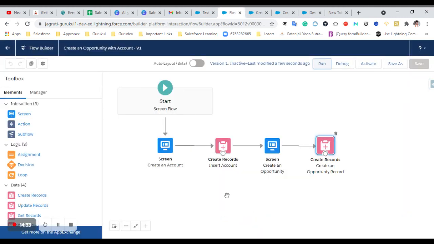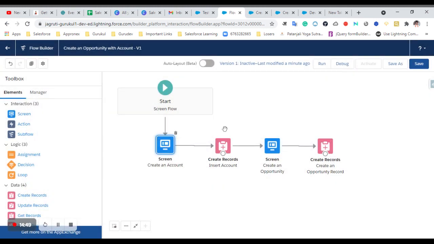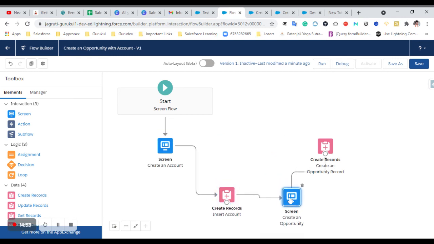Okay, now suppose if the user wants to use this account, then he can. Otherwise, he can just click on next, and it should be there. So if the user wants to skip the account creation part, then we want to just skip this one.